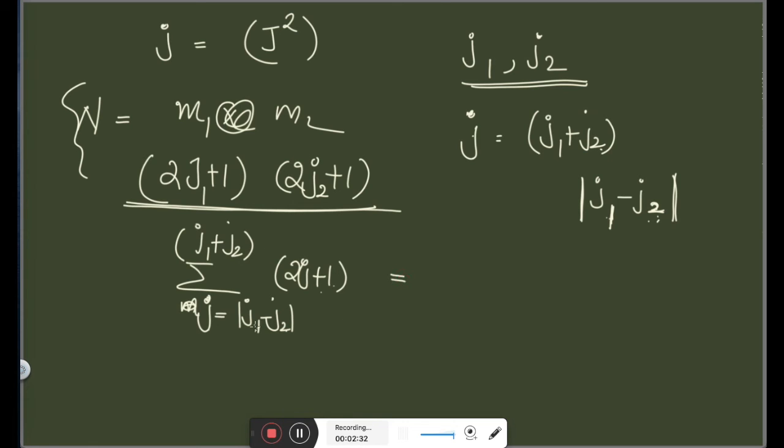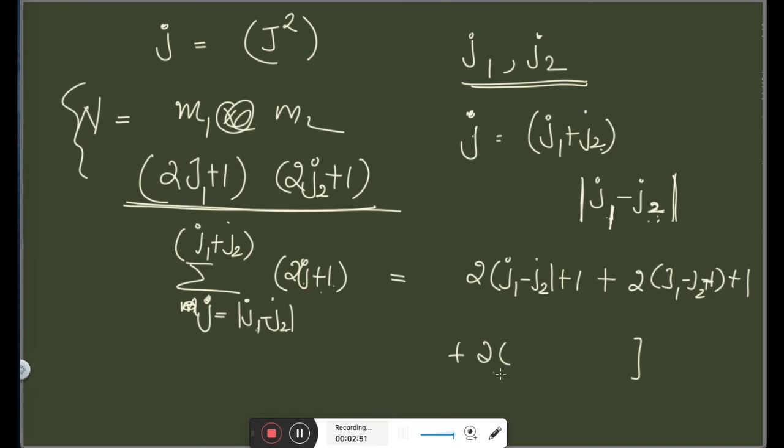So if you are summing from the lower value, you will get 2 of j1 minus j2 plus 1, plus 2 into j1 minus j2 plus 1 plus 1, plus 2 into, likewise if you add up, you can see that